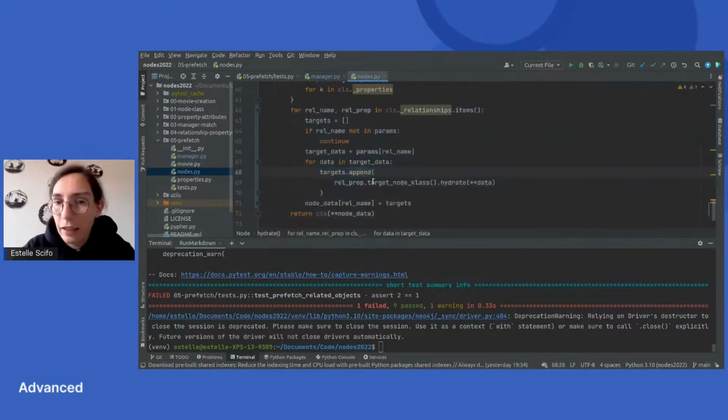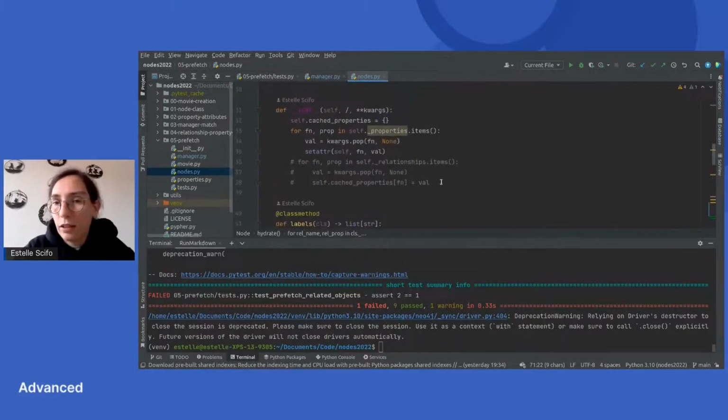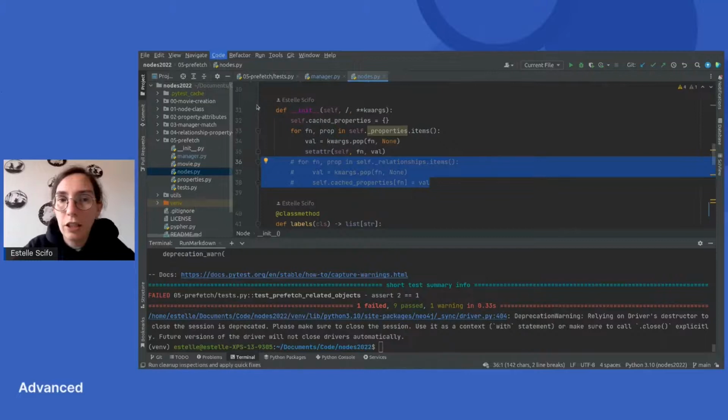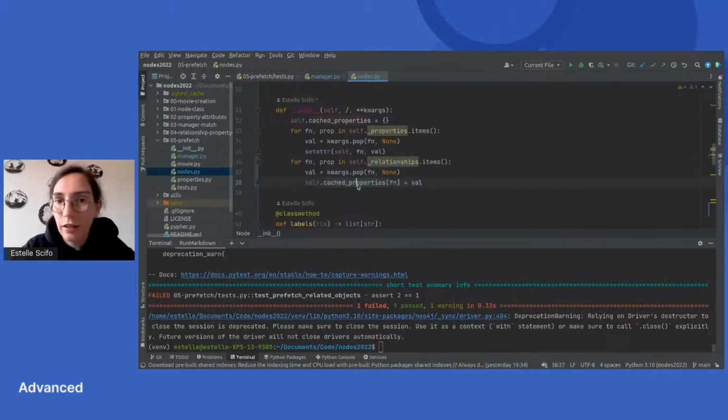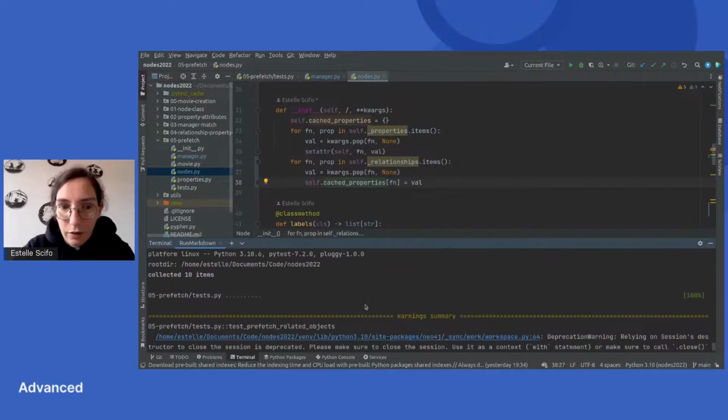So now my method is also reading the relationship parameters and adding them to the node data before creating an instance of that node. We also need, in the same way, to update the initializer class here. And this time, we are working fine.